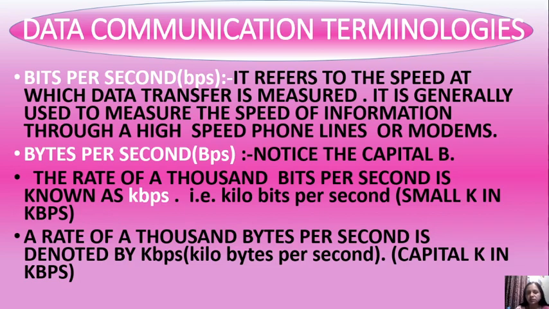Bytes per second, it is another measuring unit. So here B is capital, that's why it is byte. Just remember this: if a small b is there, it means bits per second, and if a capital B is there, it means bytes per second. Just like this BPS, there can be KBPS. Small kbps means kilobits per second, and capital KBPS means kilobytes per second. So this is the difference, and these all are measuring units.